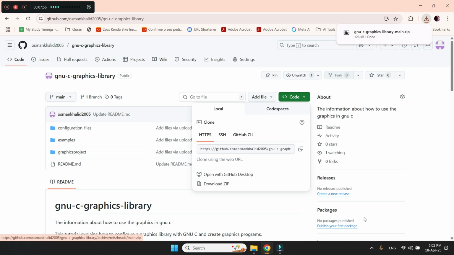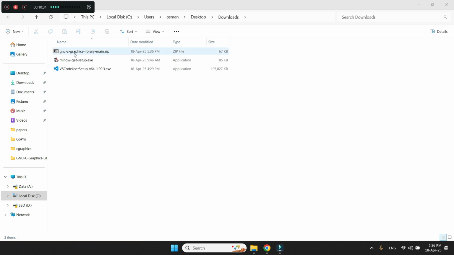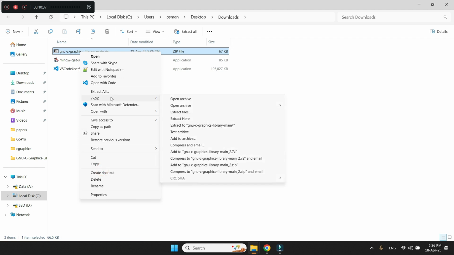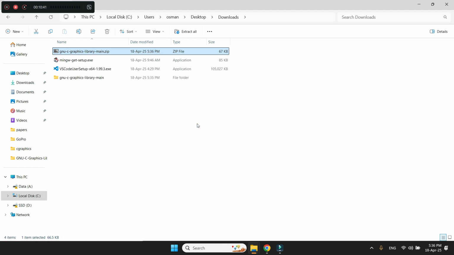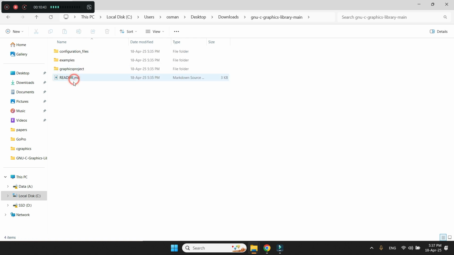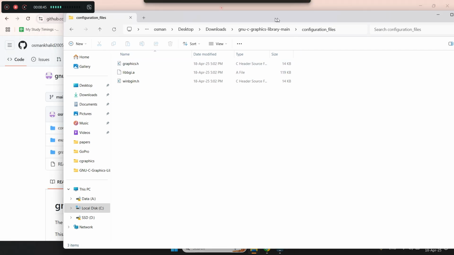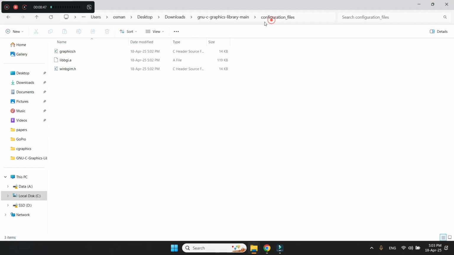So this is downloaded. After we download this zip file, we extract it, go to 7-zip and extract to this. This is the folder that is extracting, and we are seeing the 4 items. Now what we need to do is open this configuration files folder, and then we need to